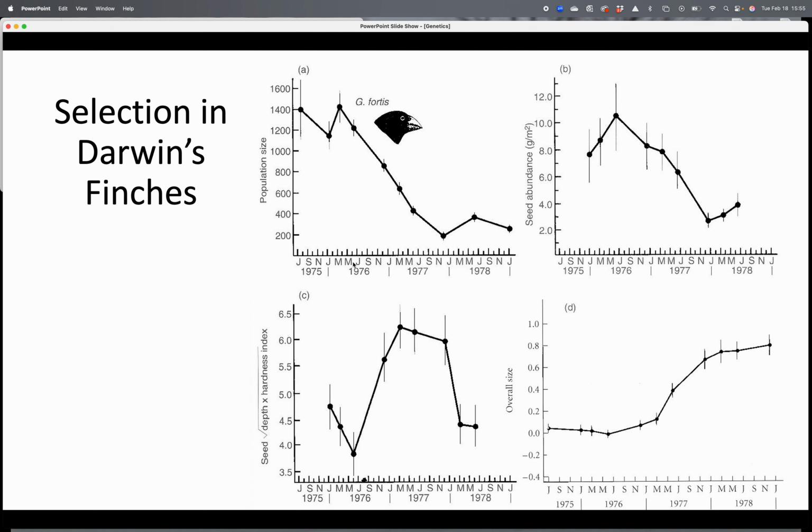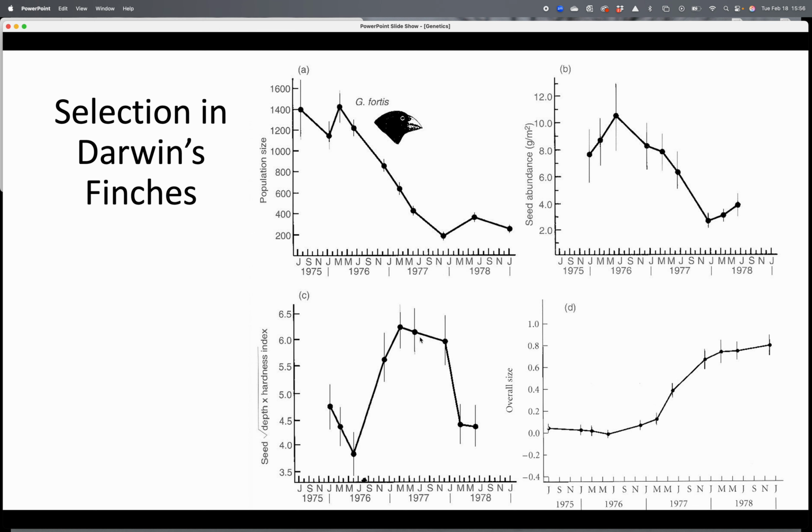And you see that here at the beginning of this graph, seeds are of intermediate size. And you can see that over time, the seed size and hardness goes down because they're eating the intermediate seeds, then they're eating the small seeds. And once they've eaten all the small and intermediate seeds, the hardness of the seeds goes way up. And so by the beginning of 1977, when the population is down to about 600 birds, the only seeds that remain on the island are the very hardest seeds,